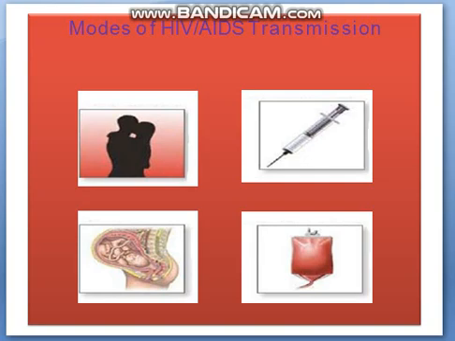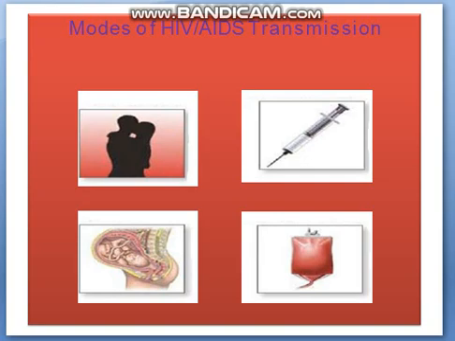Next is diagnosis, blood detection tests. In this, enzyme-linked immunosorbent assay, enzyme immunoassay known as ELISA, is used for the diagnosis. Then RIPA, meaning radioimmunoprecipitation assay, and IFA, indirect fluorescent antibody assay, are used for diagnosis. Then polymerase chain reaction, PCR, is also used for diagnosis. Then the Western blot confirmatory test is used for diagnosis. These are the blood tests by which we can detect HIV.